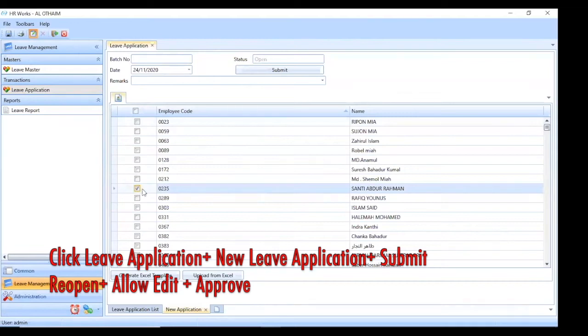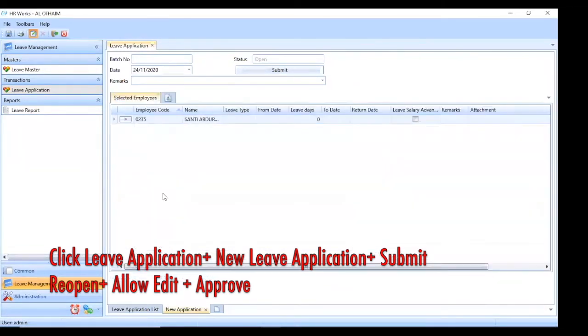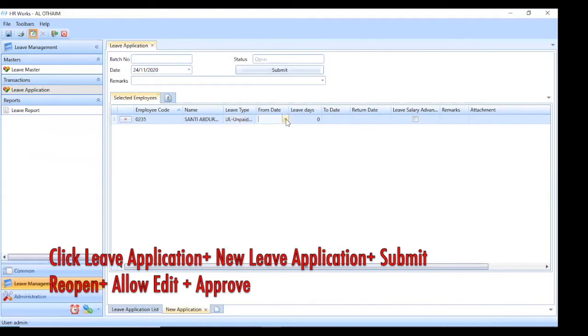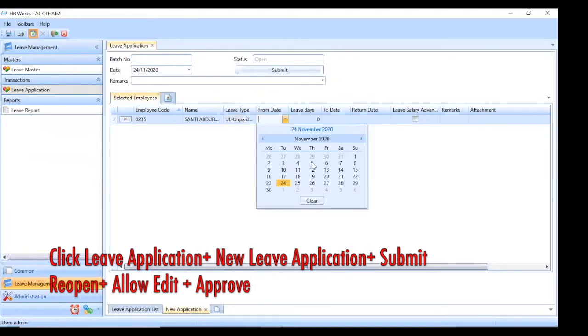Choose employee, then right click, select add selection to list. So now there is a record. From here you need to choose which leave you are going to assign. Annual leave or sick leave, unpaid leave. I will choose unpaid leave, and date, from date